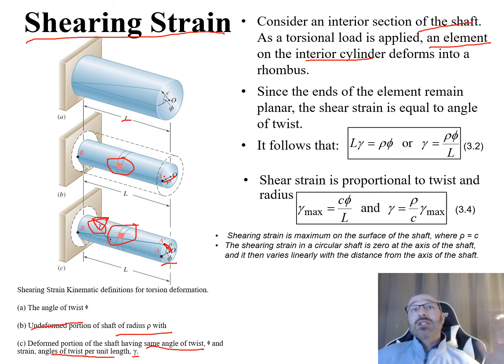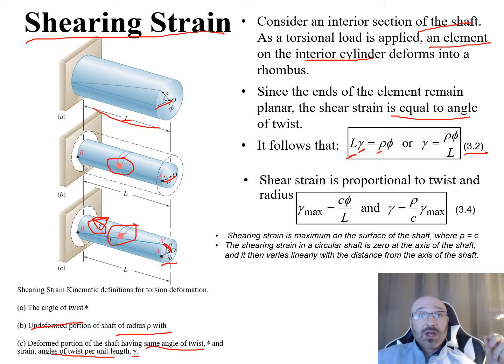Now, since both ends of this element remain planar, and again this is a circular shaft, so all those cross sections are going to remain planar along the way, the shear strain is going to be equal to the angle of twist, our phi, according to the following relationship. We can relate this back to equation 3.2 in our textbooks. It follows that we have this relationship: L, the total length of our shaft, times our shear strain gamma, is equal to our rho, that radius coming out from our center,